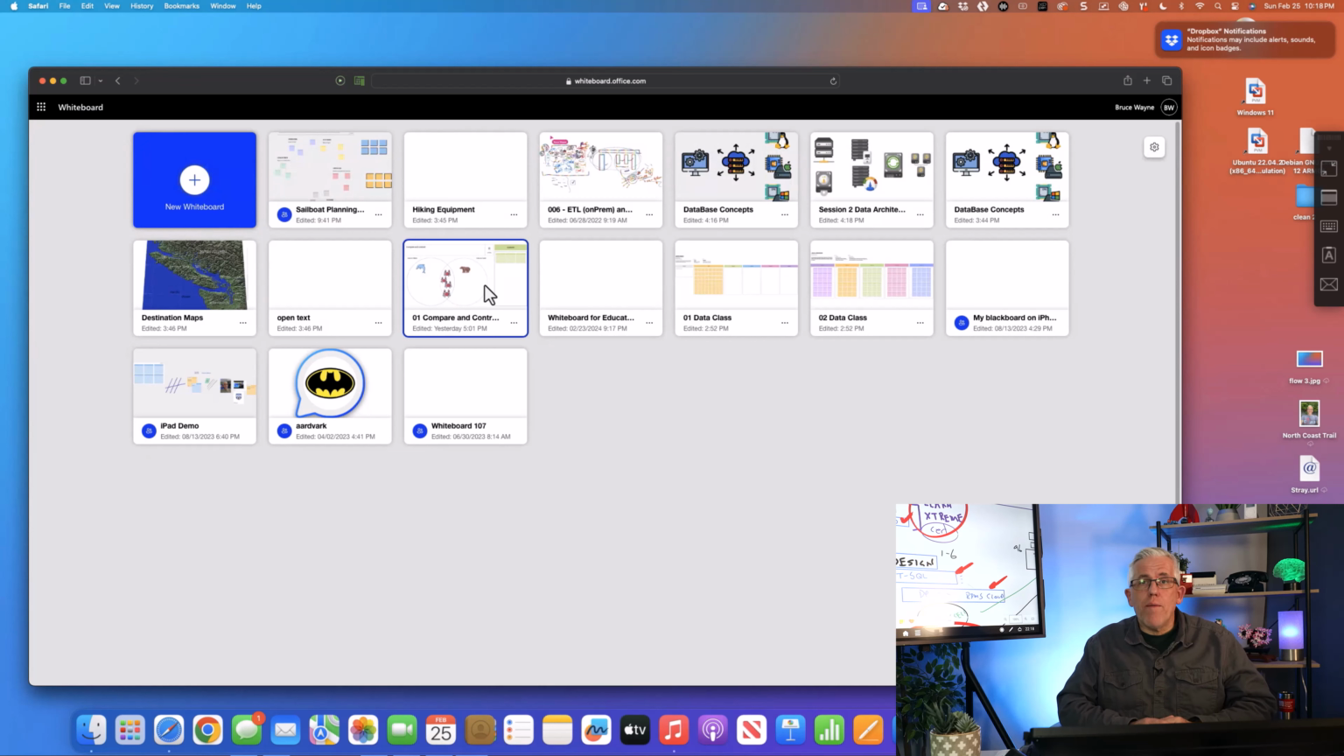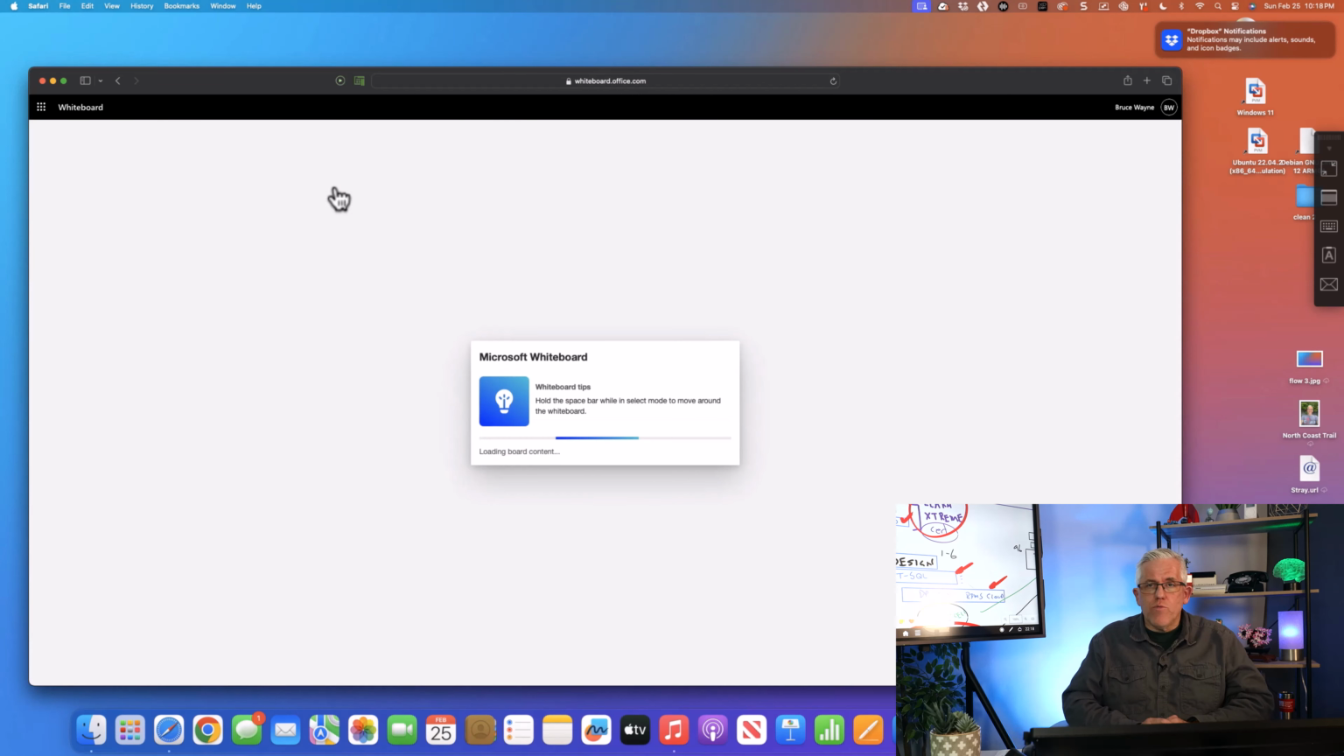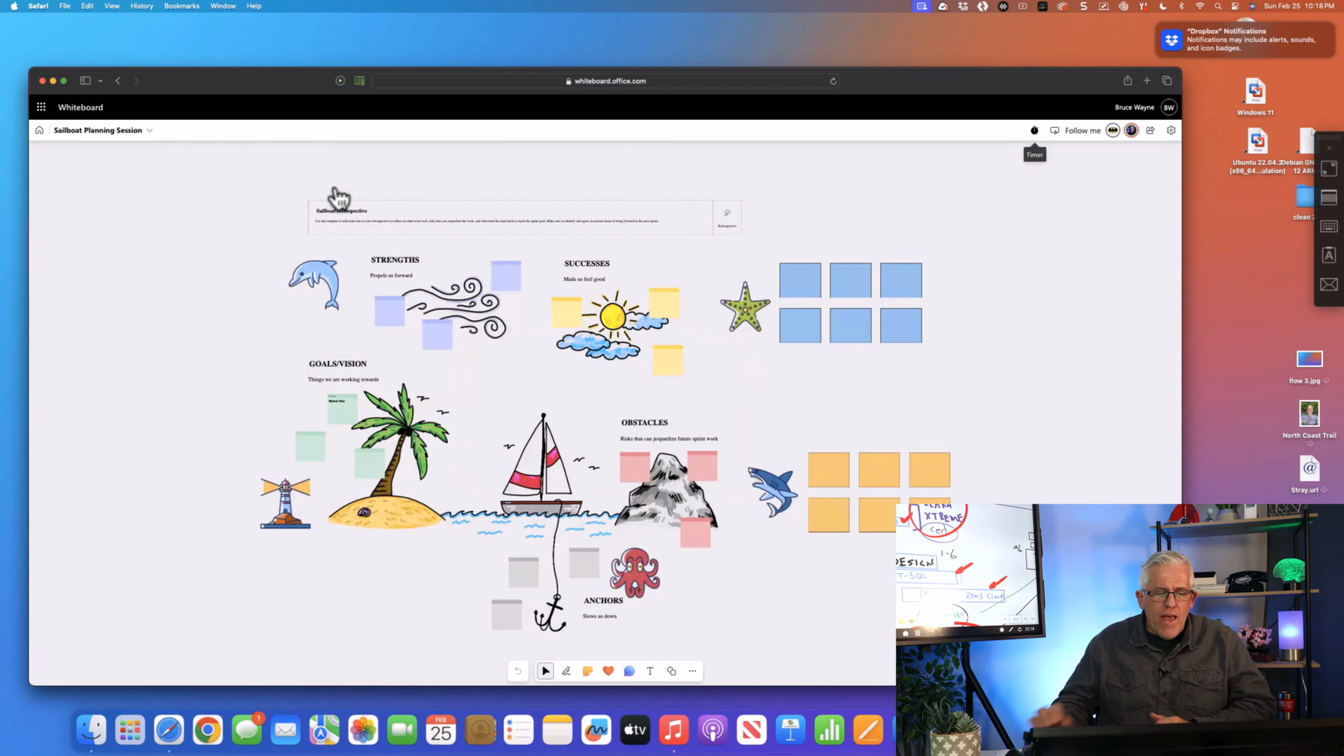Using the Microsoft Whiteboard on your Mac is easy. You just have to open up a web browser, connect up to your account. So in this case, I'm using Safari. That's the built-in web browser for a Mac computer. And I've logged into whiteboard.office.com as Bruce Wayne. Let's open up one of the whiteboards, one of the ones we're familiar with at this point,